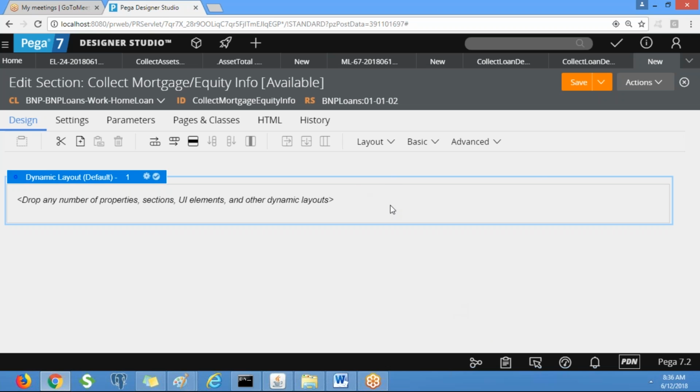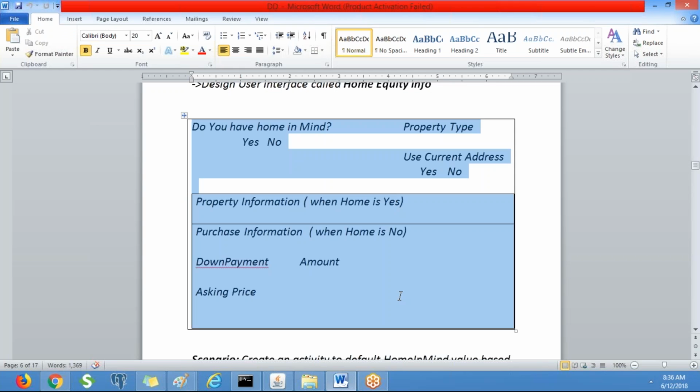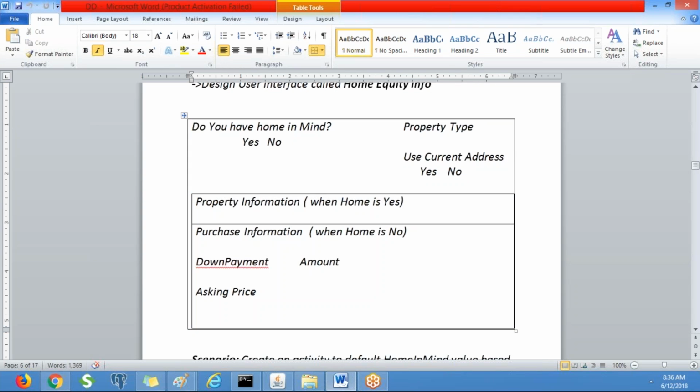So here you see this screen. So do we have a home in mind? If it is yes, we need to display the property information like address details. Otherwise, we need to display the purchase information. Clear? So for equity, always it should be yes. For mortgage, it will be no.